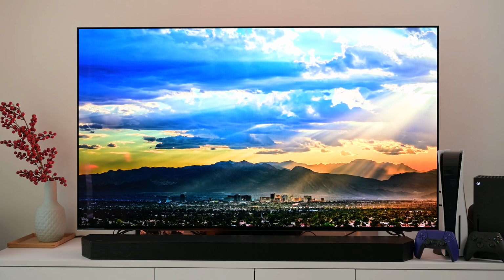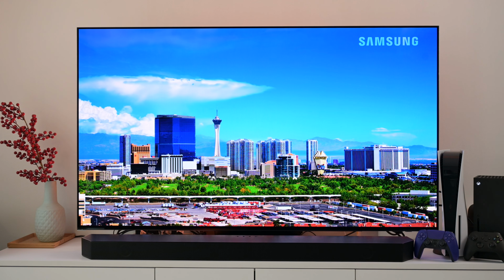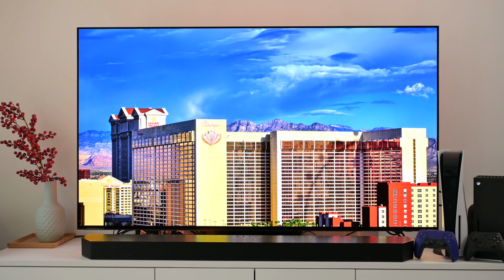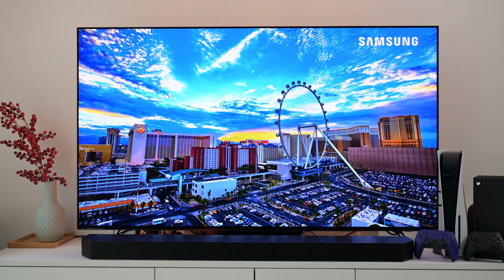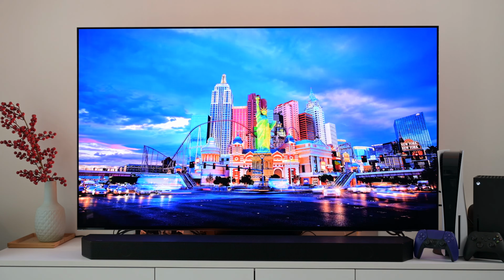Contrast-wise, it's difficult to find any fault with this TV at all. The consistency of the panel has held up well and has everything we have come to love about OLEDs in general. When it comes to viewing the TV from differing angles, the TV looks great from pretty much every corner of the room. However, if you're using this TV during the day under bright lighting conditions, the glare and reflections can